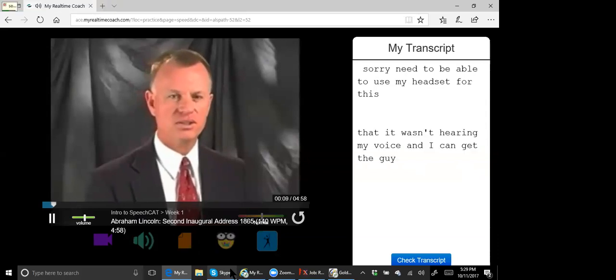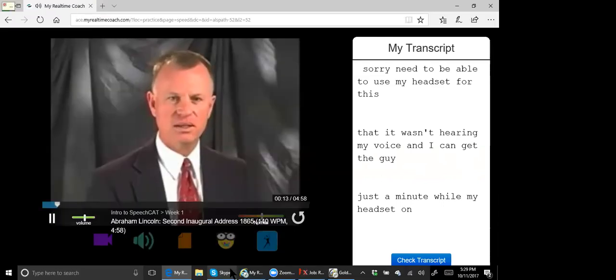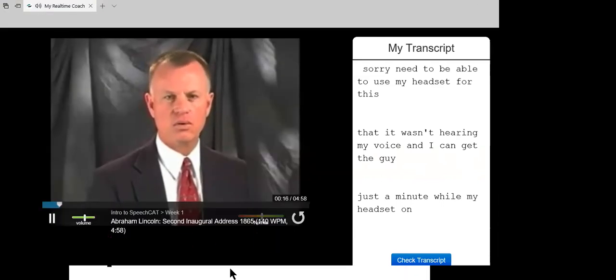Occasion for an extended address than there was at the first. Then a statement somewhat in detail of a course to be pursued seemed fitting and